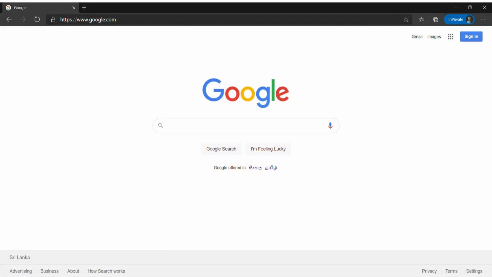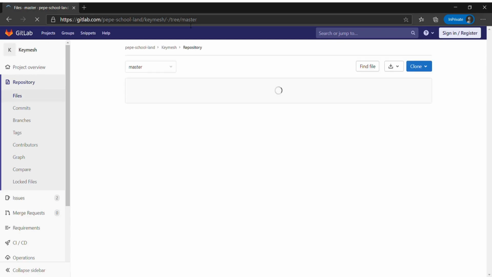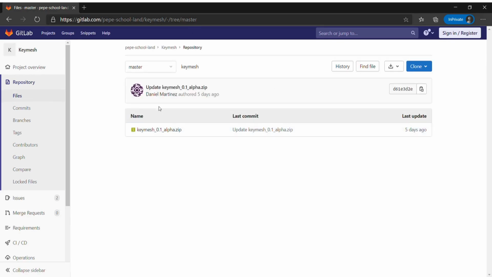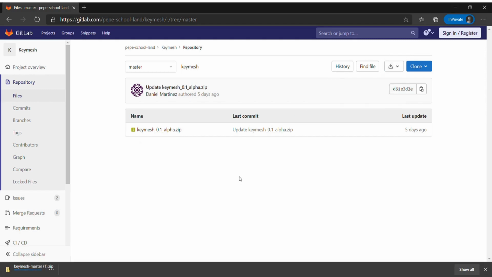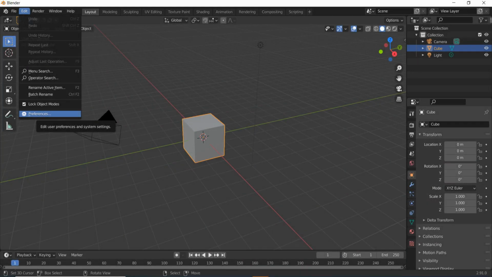Now let's try it. First of all, you have to go to the GitLab link provided in the description section and download the add-on Python file. Then open Blender and select Edit and select Preferences.